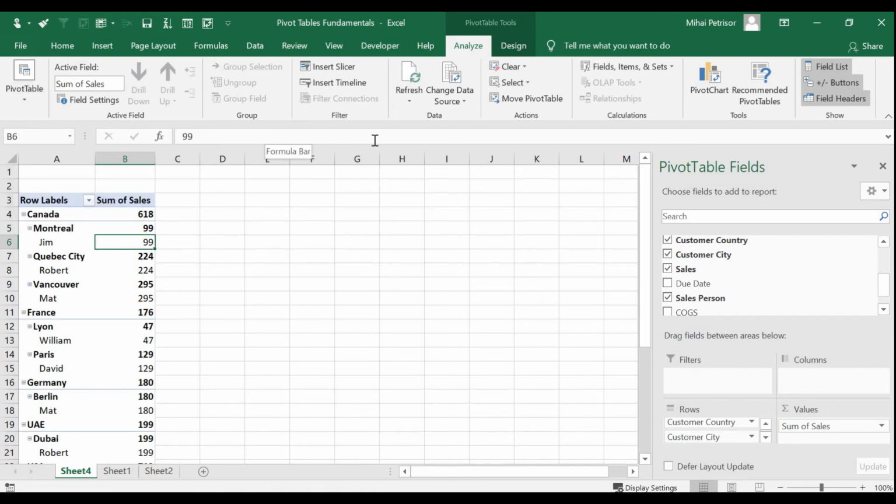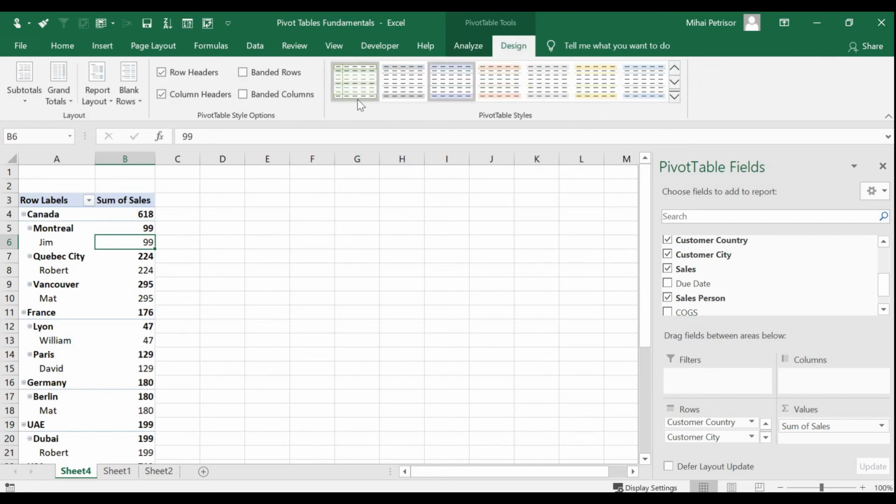Then we can make some actions to move a pivot table from one sheet to another. Then we can select different values from those areas, or we simply clear the information.